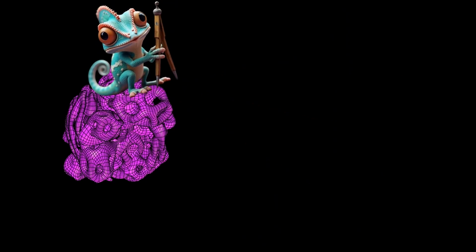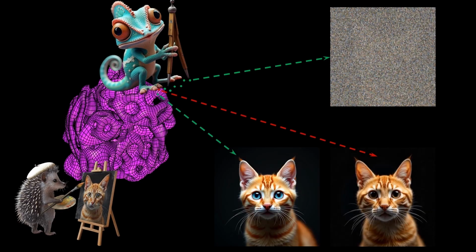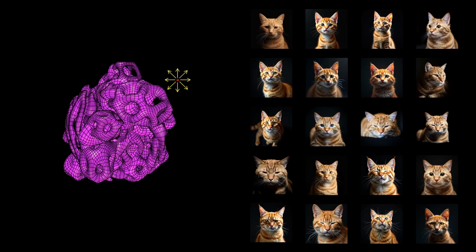We can use Una's ability to move a noisy point onto the cat manifold to generate an infinite variety of cats. All we have to do is shift our starting point by a little bit in a random direction. The shifted point is still far from the manifold, so Vi produces an image of latent noise. But Una will take the shifted point to a slightly different spot on the manifold than before, and this causes Vi to produce a different cat image. Since our initial point can be shifted in any combination of 4,000 directions, that makes a lot of cats.